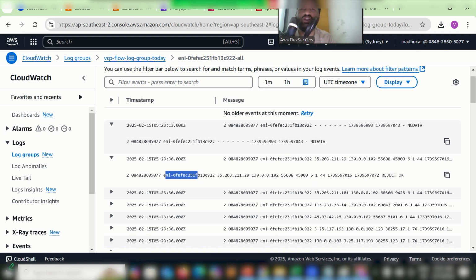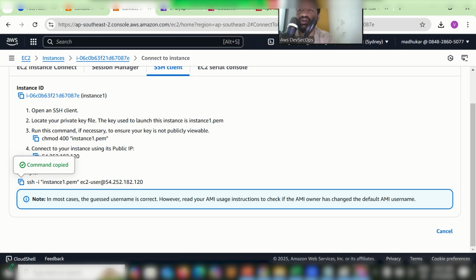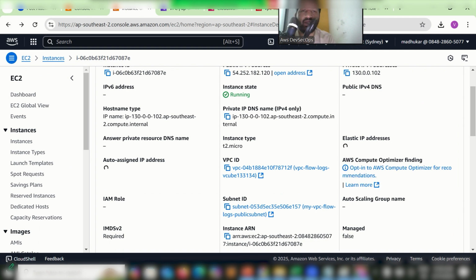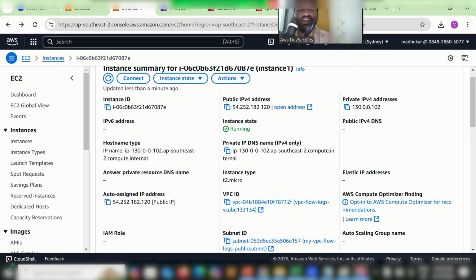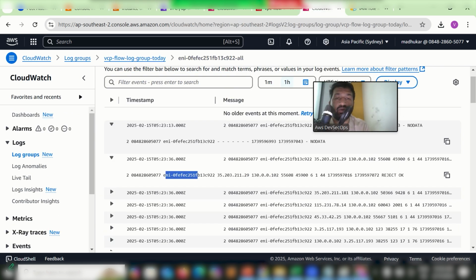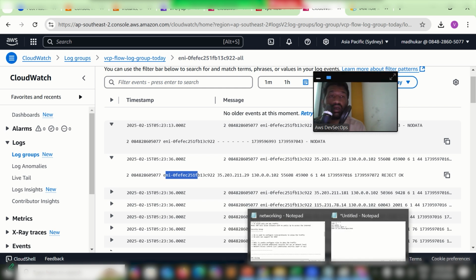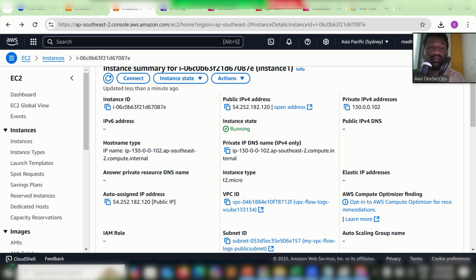What is 35203? Go to the server. Let's go back. Okay. You know what is 35203 and 130? Let's see this. 35203, 21129 is my laptop IP. Is my laptop IP. 130.0.0.102 is what is the instance? 130.0.0.102 is